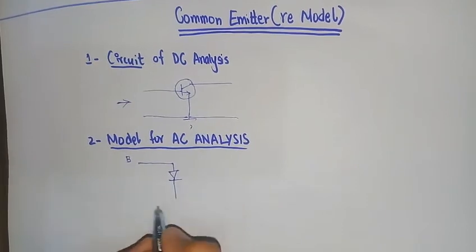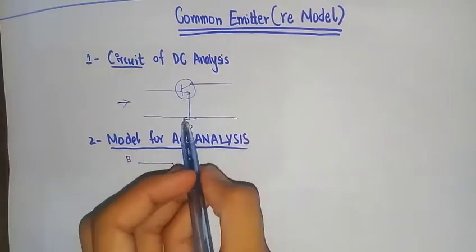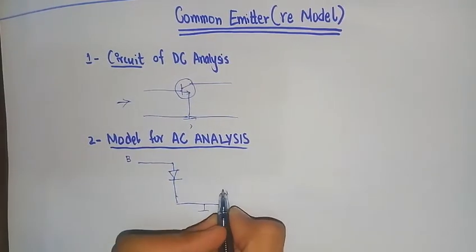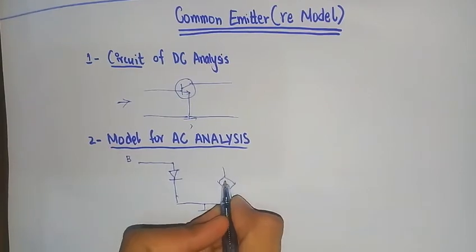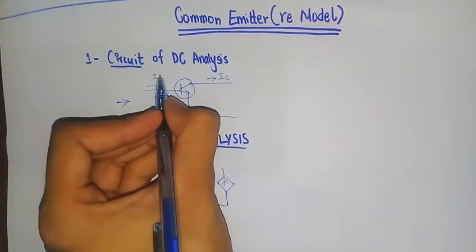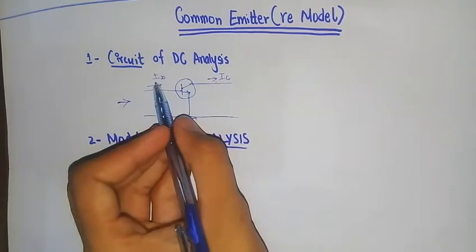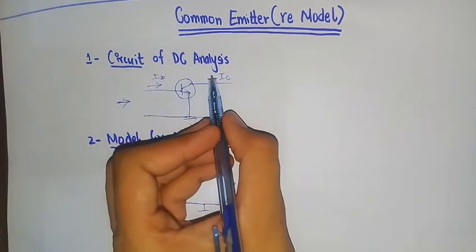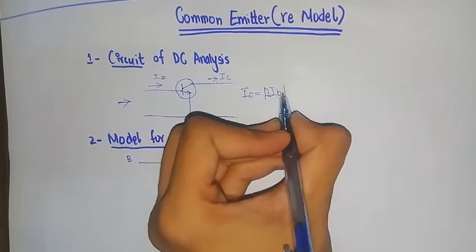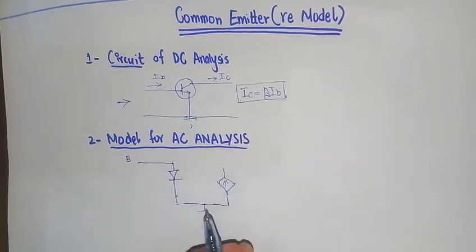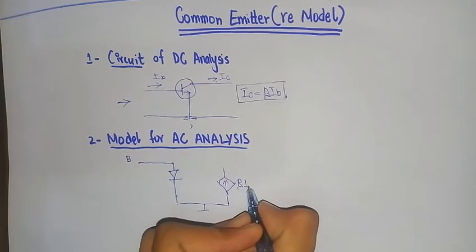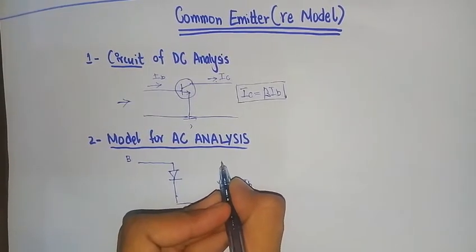So this will be like a diode, and then this goes to the emitter branch, and the emitter branch is now grounded, and then from the emitter branch to the collector branch there will be a dependent source present. Why do we take this dependent source? Because here the current IC is flowing and here the current IB flows, and IC depends upon IB. If IB changes, then IC will change, because the formula is IC equals beta times IB. So the dependent source IC depends upon IB, and therefore the value of the dependent source is beta times IB.